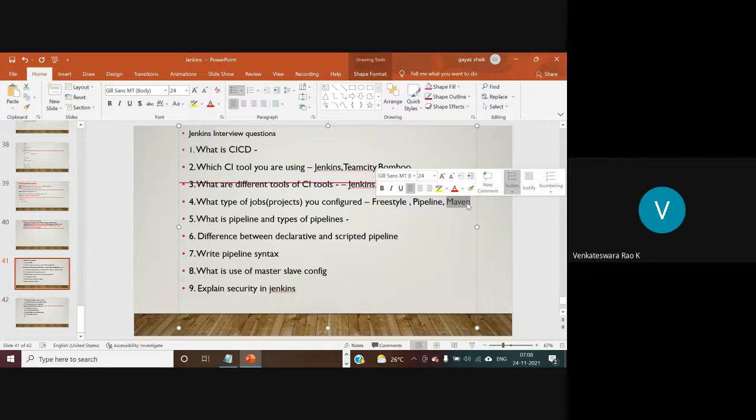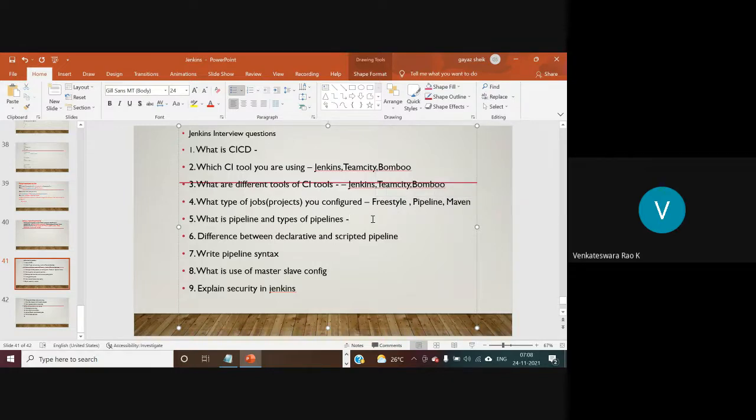If our project is a Java project, we use Maven as the build automation tool. If our code is Java code, we can use a Maven project here. So these are the different types of projects. You have to explain all these types of projects in detail.